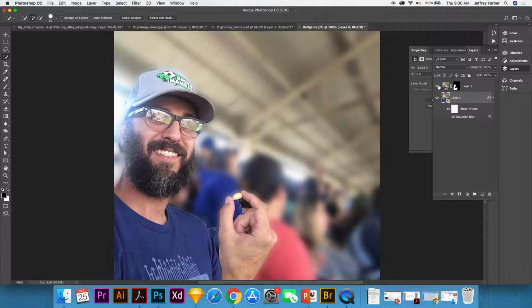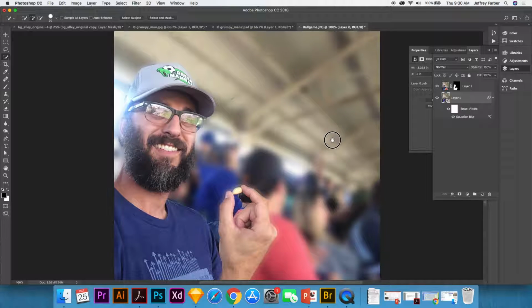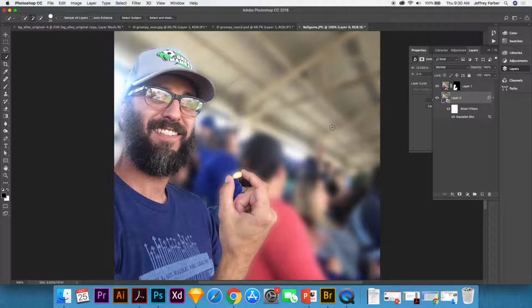Now when I turn this photo on, I've just got him. And I've created this nice kind of depth with blurring out the background. So that's how you might create a shallow depth of field. Now notice here I do have an issue. Right in the middle here, I can see that this is not blurred out, and I want this blurred out. So I can just go back to my mask,